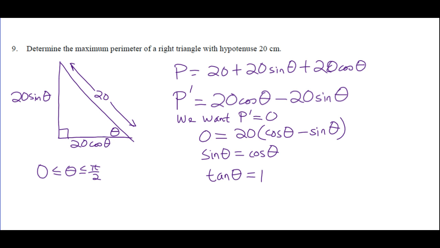Are we supposed to find the angle? What are we supposed to find? Oh, we're supposed to find the maximum, right? Okay, so theta